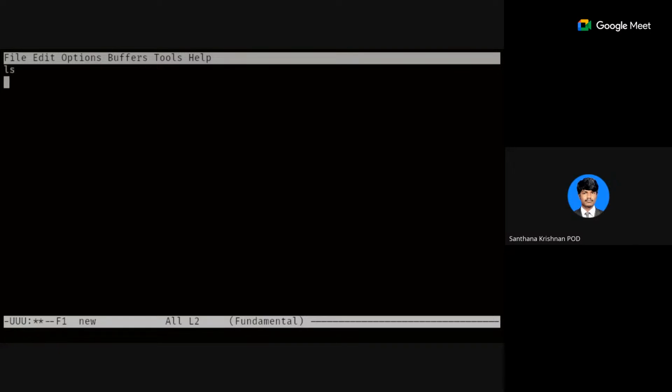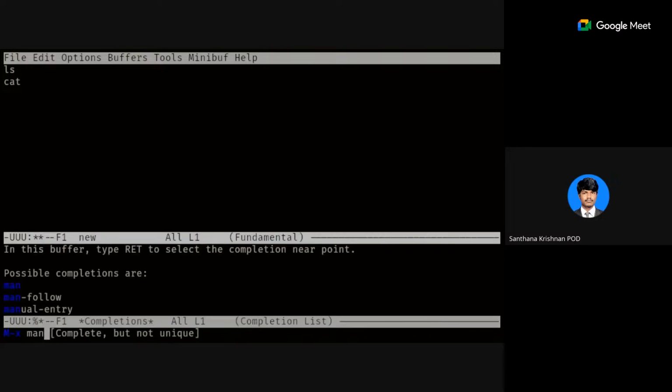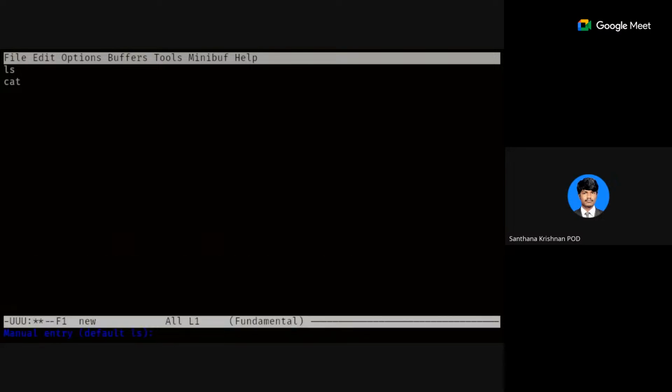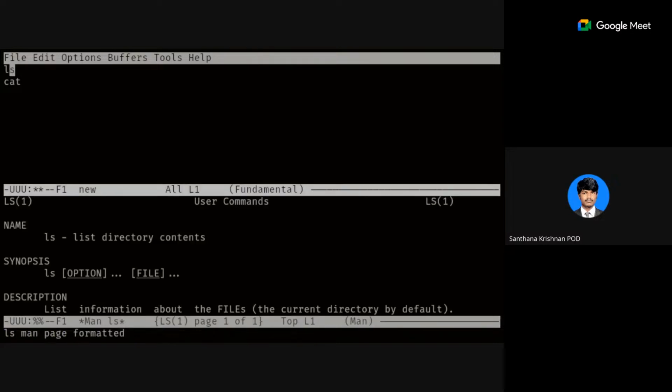ls. Okay, you have the man inventory. Yeah, you can do it like this. Actually, in Emacs, once you press Alt-X, you can type man and press enter.